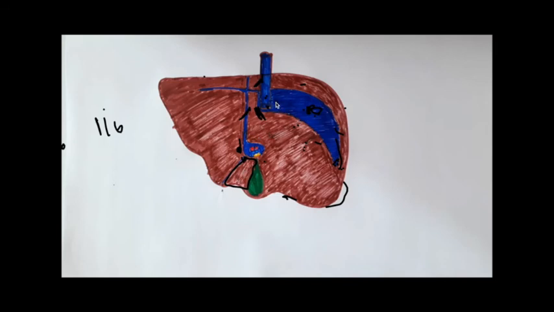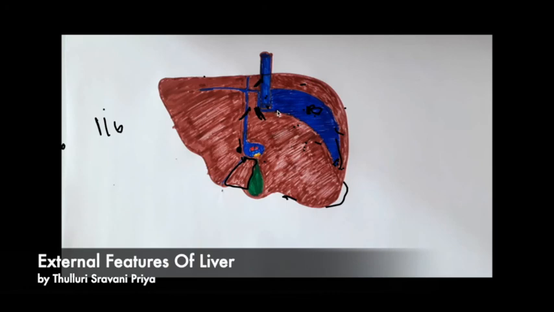Then if you see the position, the liver is kept in position by some factors. The main factors are the ligaments and intra-abdominal pressure, and another is that the hepatic veins directly open into the inferior vena cava. This is the porta hepatis. It is not called a gateway or hilum in the full sense because not all the structures are present here. The hepatic veins are not present in this porta hepatis; they drain directly into the inferior vena cava.